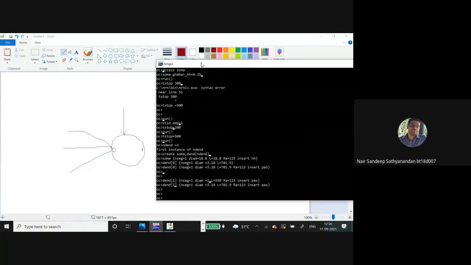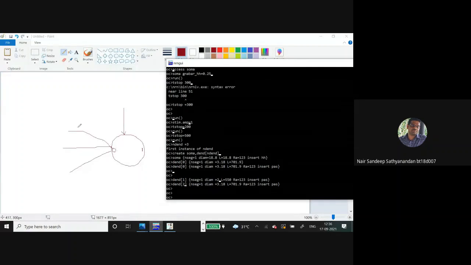The final aim is that we want to make this structure. Make the axon. Not axons actually. So we have to connect it. Right now these are standalone. The dendrite is standalone, soma is standalone. So we need to connect these, and for that we need to use the connect command. Yes, you're right, the axon needs to be done. I'm just first finishing off with the dendrite and then coming to the axon. So first we will use the connect command.